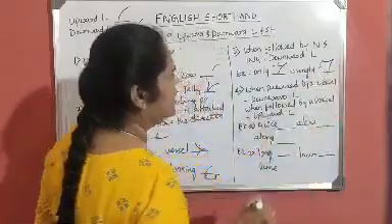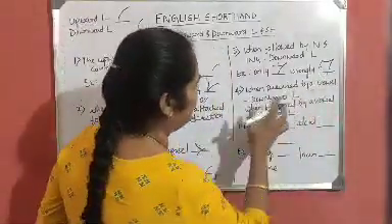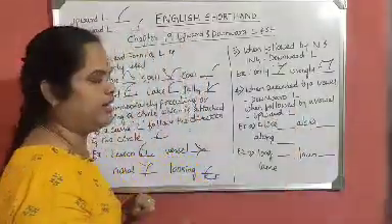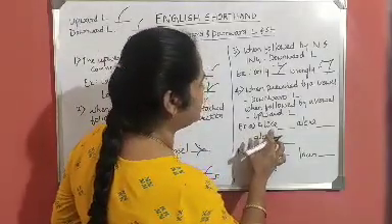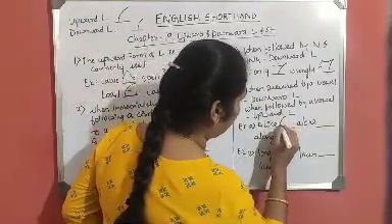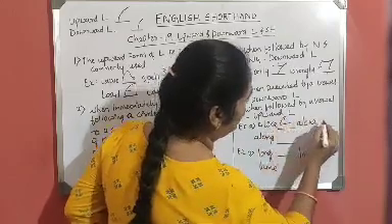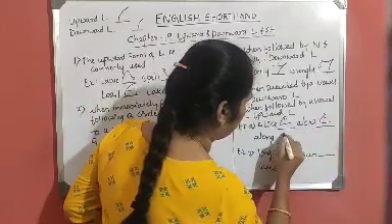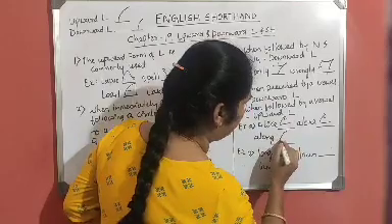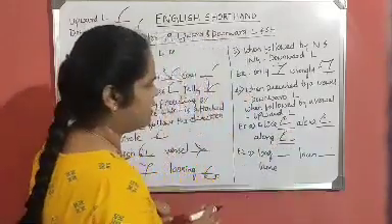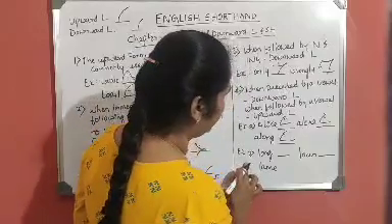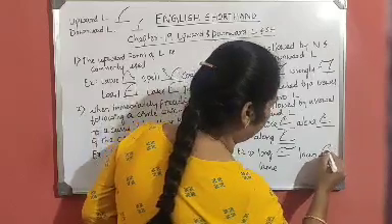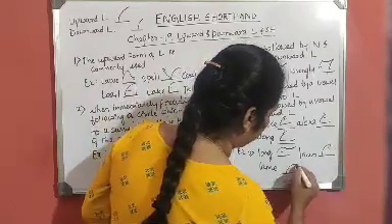After L, E vowel. Next point: when preceded by a vowel, we have to write downward L, and when followed by a vowel, we have to write upward L. So, when preceded by a vowel, we have to write downward L. Alike: L, K. Alone: L, N. Then along: downward L, ink. Next, when it is followed by a vowel, we have to write upward L. Long: L, ink. Long, lone: L, N hook. Then lame: L, young.